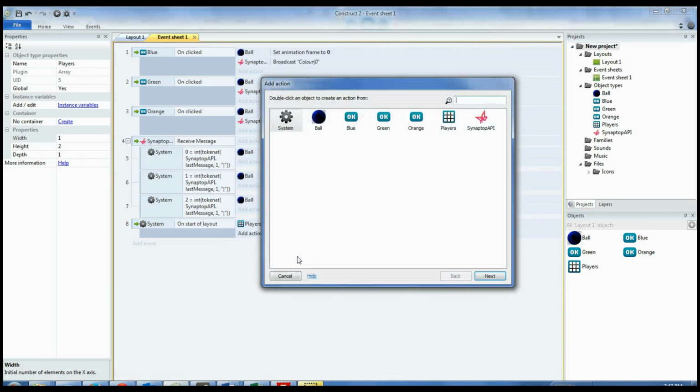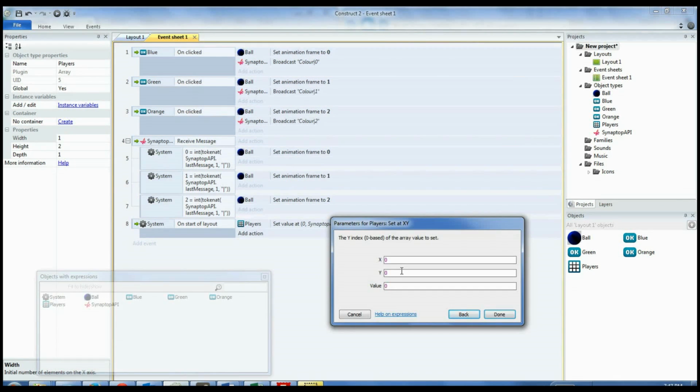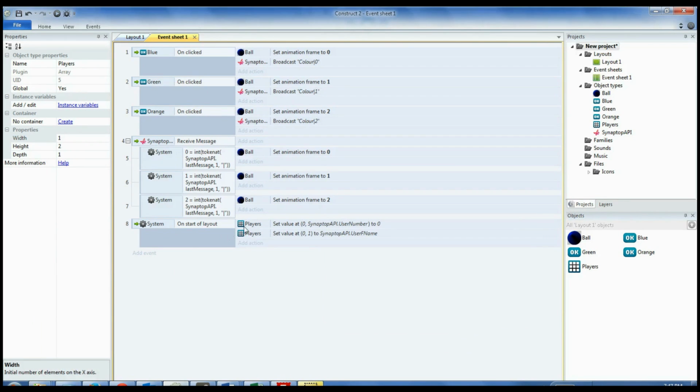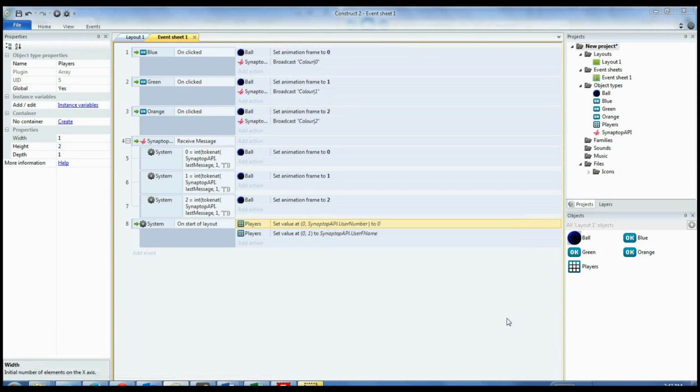So now, we'll set players X equals 0, Y equals 1. We'll set the value to our name, so Synaptop AI user name. Except over here it should be X is 0, Y is 0, value is our number. So now